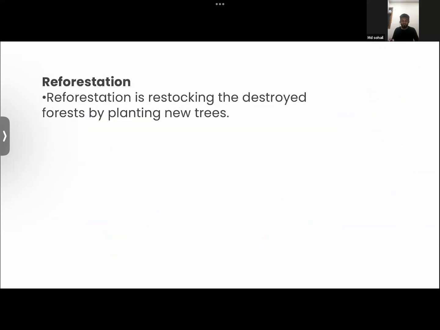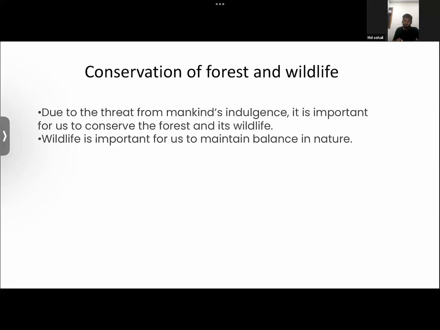Reforestation, as I said, is basically restocking the destroyed forest by planting new trees. Now, conservation of forest and wildlife. We could conserve our forest and wildlife